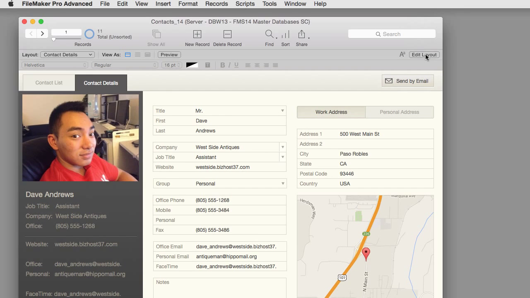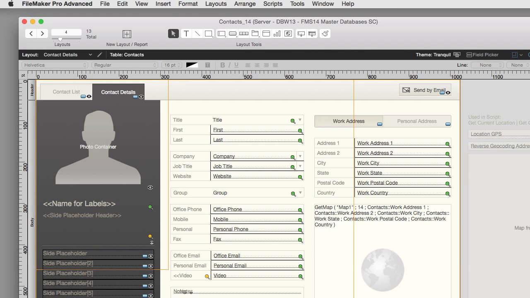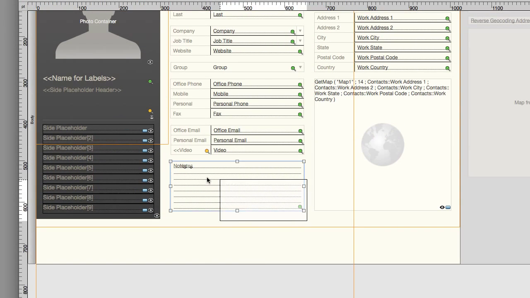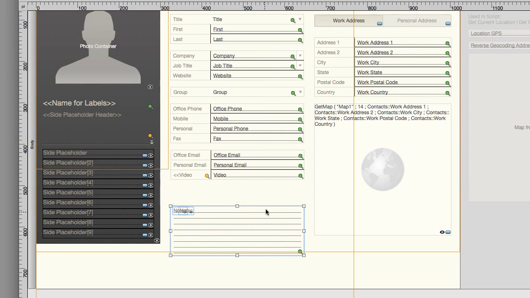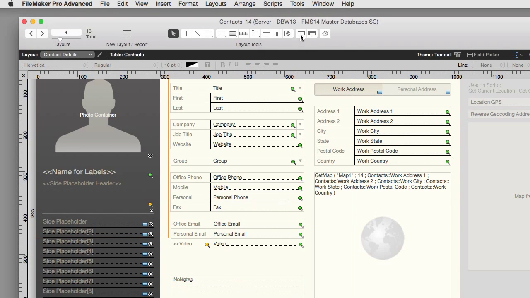I'm going to go to Layout mode and edit the layout. I can press that button right here. I can put my mouse right over the bottom of the layout and drag it down and make the layout a little bit larger. I'm going to hold down my Command key on my keyboard, select this right here and just move this down. And then I'm going to grab the Field Drag Tool right here, and I'm going to drag